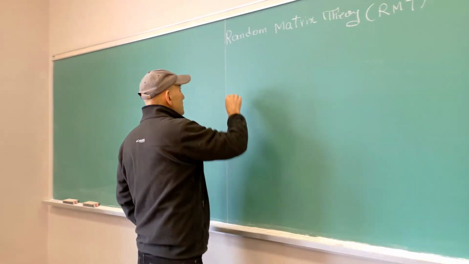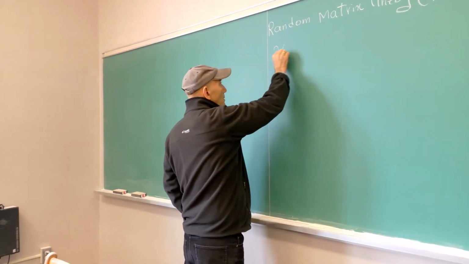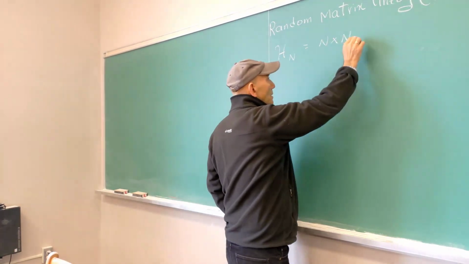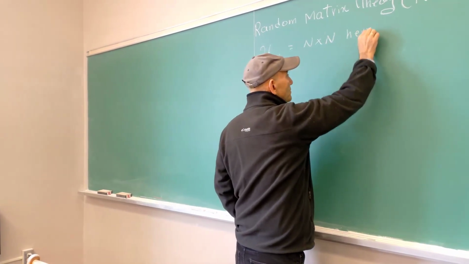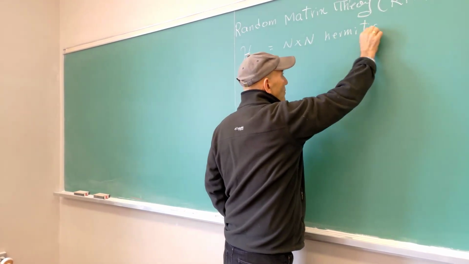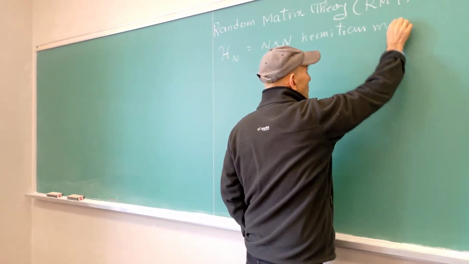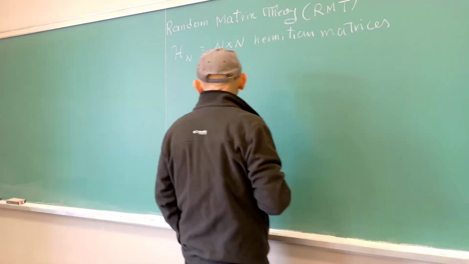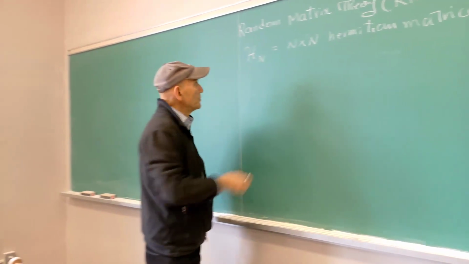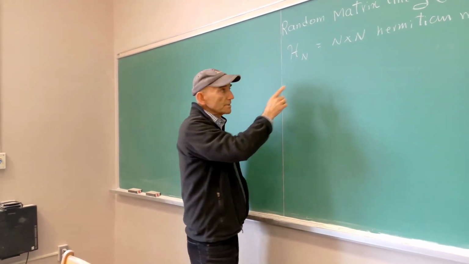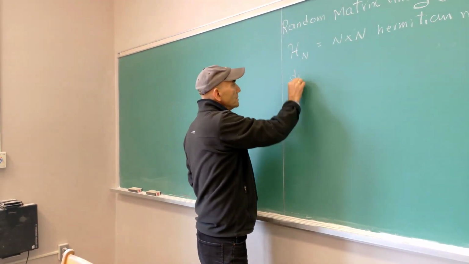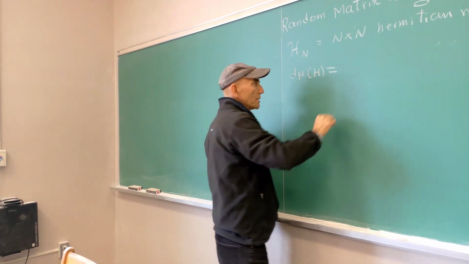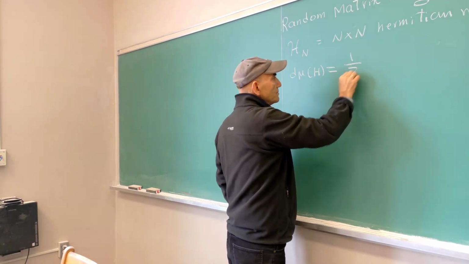So we introduced this space Hn of n by n Hermitian matrices. Then we introduce a probability measure on this space. dμ of H was like 1 over Z